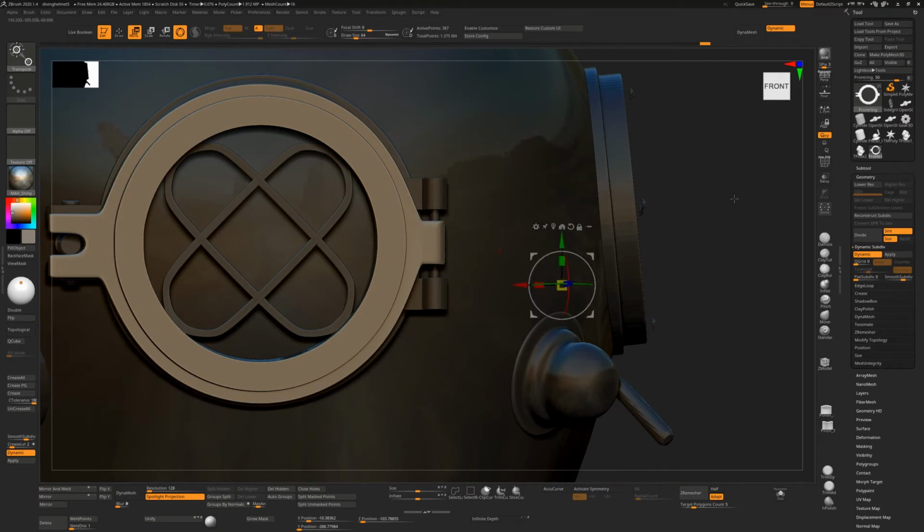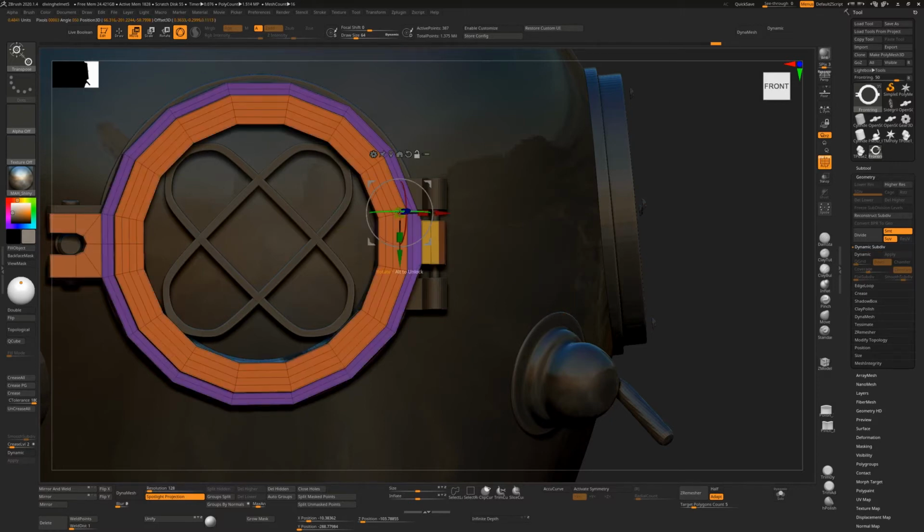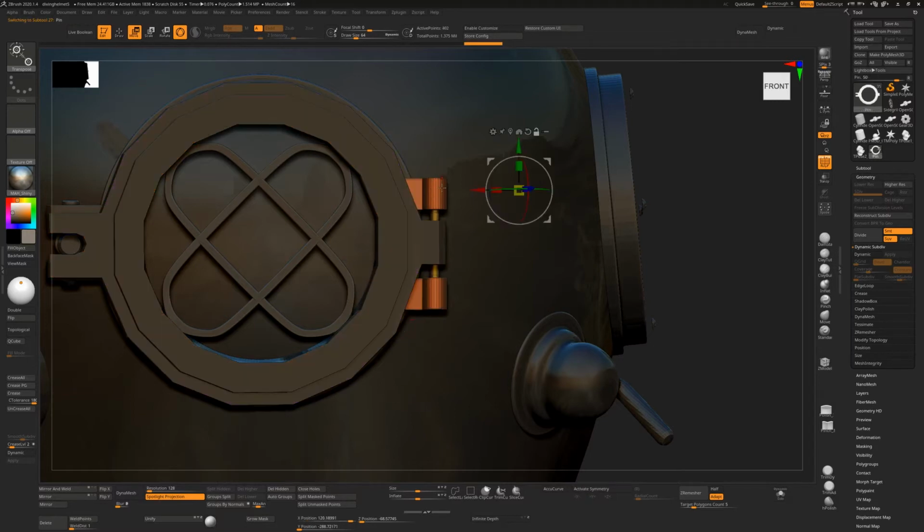So I'll turn off dynamic subdivision for the moment and press Shift F so we can see what's going on. If I hold down Alt and I click on a vertex, it will snap to that vertex and it will align to the surface normal. If I select another object by holding down Alt and I click on that, that object will be selected, and the next time I click on it, whatever point I'm clicking on is the point that the gizmo will snap